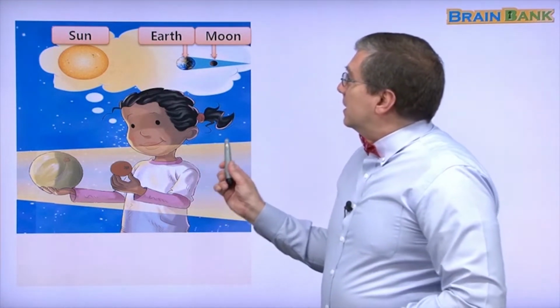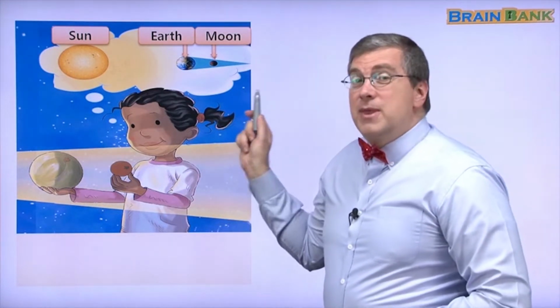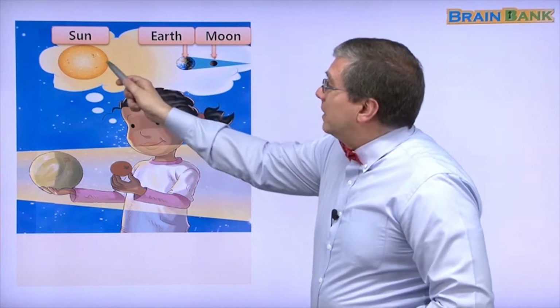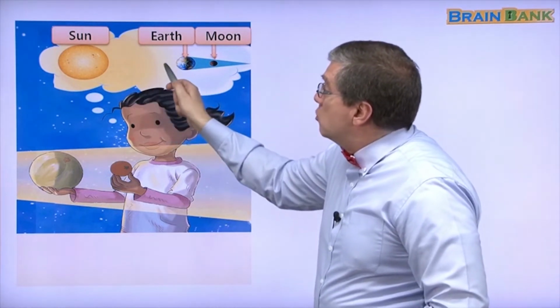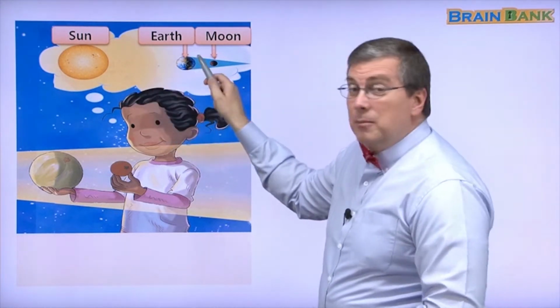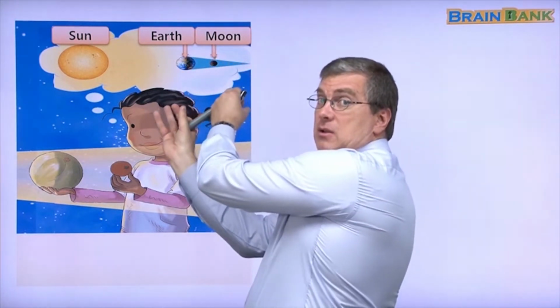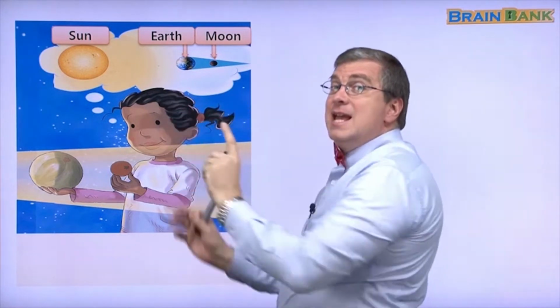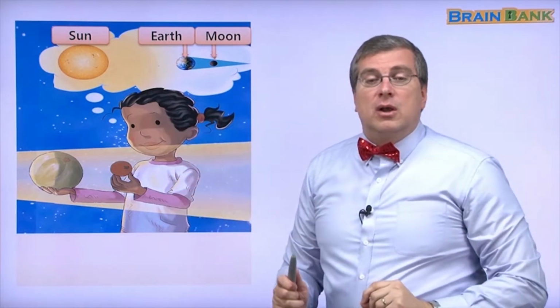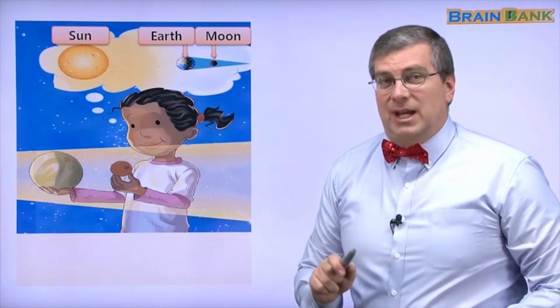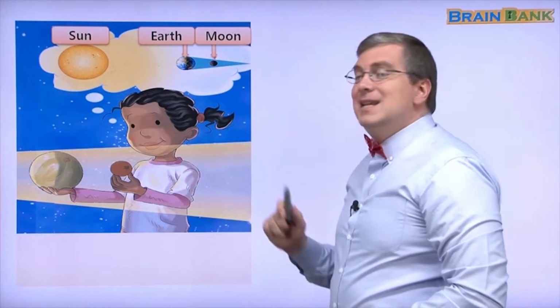That is different from this. Before we saw the sun, the moon, and the earth. But now, earth and moon 바꿔했어요. 지금 바꿔했어요. Now, we will learn about 월식. Okay? Let's read together.